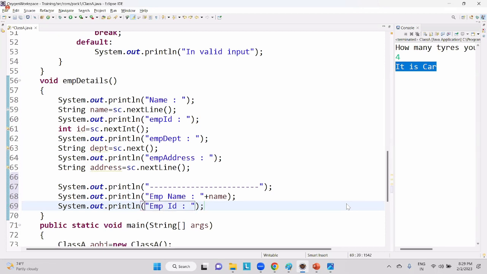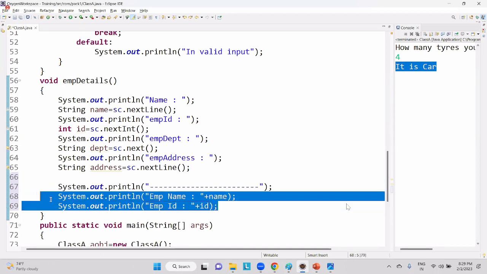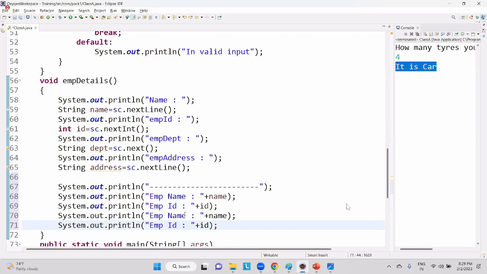Okay. Plus ID. Just like that, I want to go with EMP DEPT, and here this is DEPT, and finally EMP address, and here I am trying to give address as simple